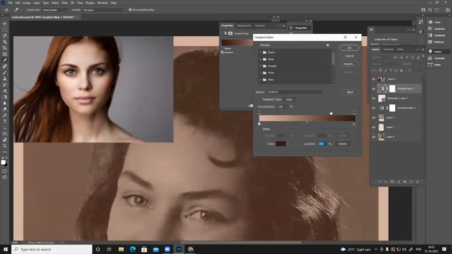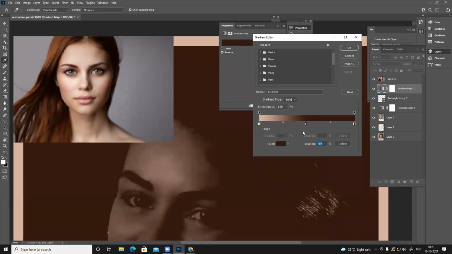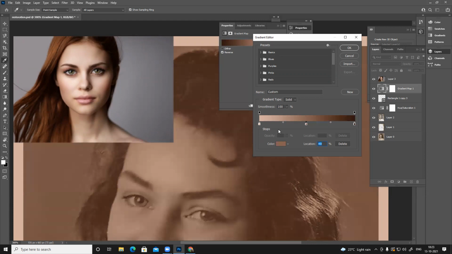If you move it to the right, it will saturate the color, and left, desaturate the color. Slightly saturated. In between, you can see there's a little orangish, reddish tint in those tones. So in the center, just click. It will create one more anchor point here. And in between, I can have an in-between tone. I can add as many anchor points here. I can click one more here and have a lighter tone. Maybe this is way too light. Or I can just remove it, click and drag down, remove it. You can use this and add all these tones.